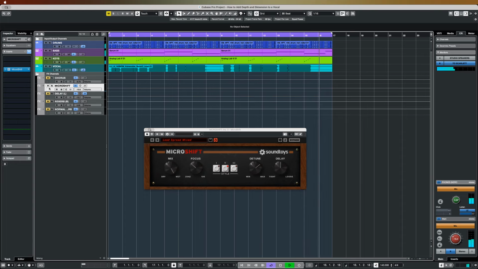So now, that vocal sounds quite natural. Certainly, I'm not listening to that going, wow, heavily processed vocal. But if I turn this off,